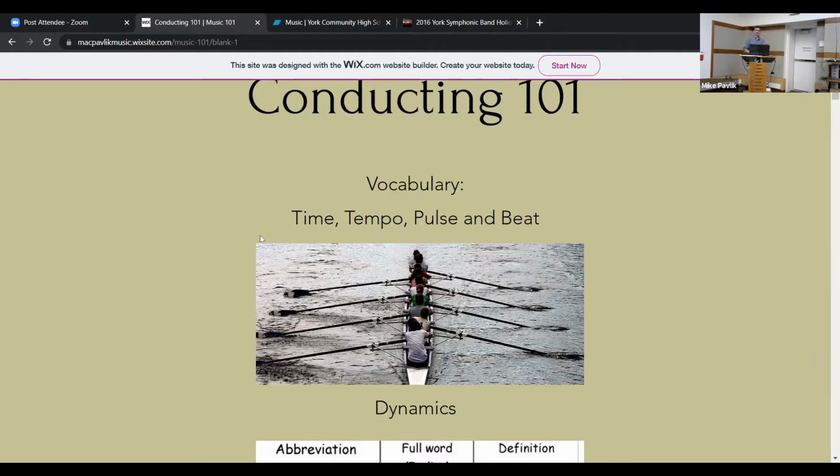Yeah. So that's it. So conducting is that. It's a very big part of it. You're connected with each other. You've gathered this sense of pulse or time. You're rowing the boat at exactly the same speed. And I'm the one up front who's just helping to remind you where that pulse is at. Okay, so time,